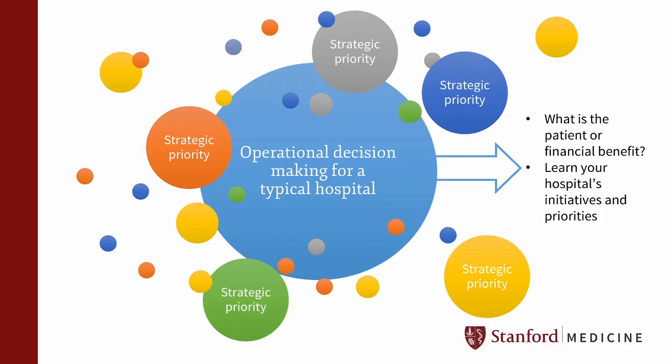Start by learning what the priorities are for the hospital or the system. A typical hospital will have 20 to 30, sometimes more, improvement initiatives in any given year, with 5 or so listed as strategic priorities. And these can be clinical, operational, or financial priorities. Learn what these initiatives and priorities are, and recognize that the stewardship program will compete with these for both resources and attention. And this should give you some important context as you shape your proposal.